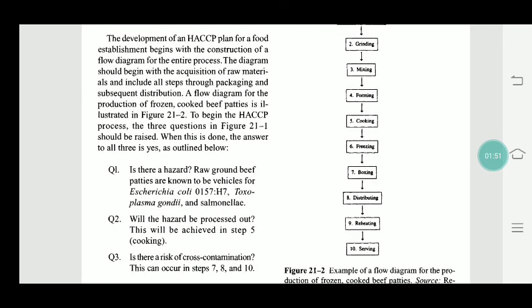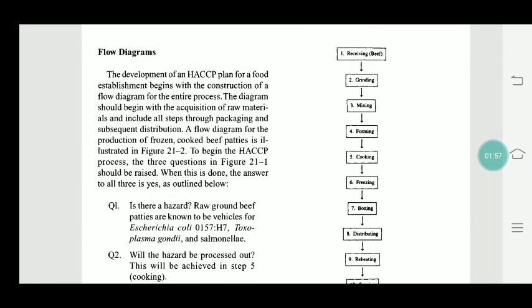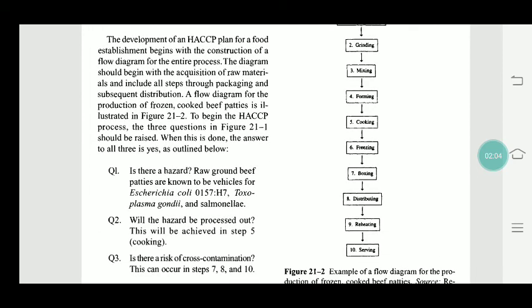It's a diagram which shows how our food or meal is going to be processed step by step: raw material, then grinding, mixing, forming, cooking, freezing, boxing, distribution, reheating and serving. So in this flow we are going to check our food safety, meaning whether it is going to be contaminated,